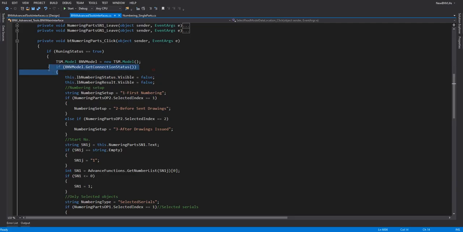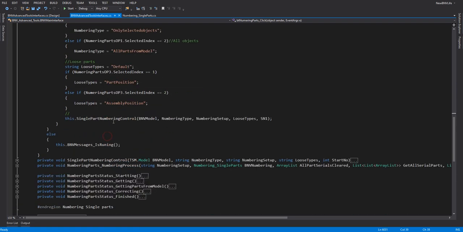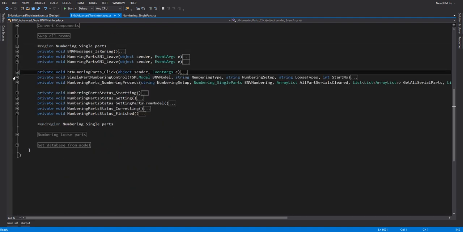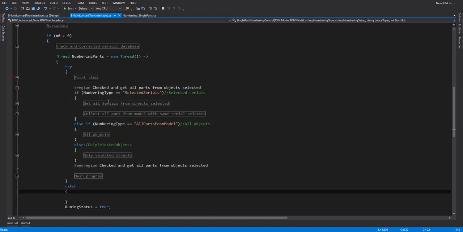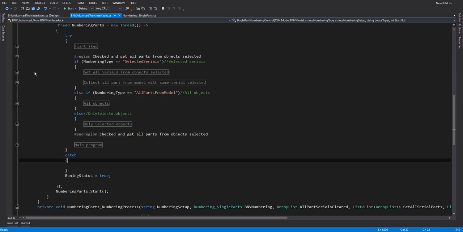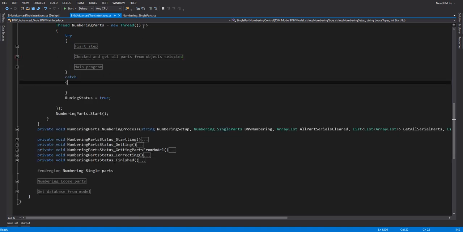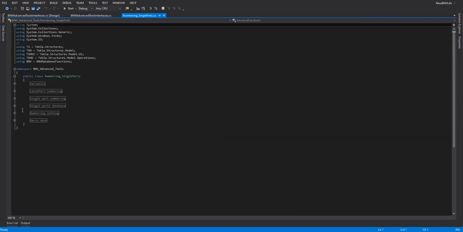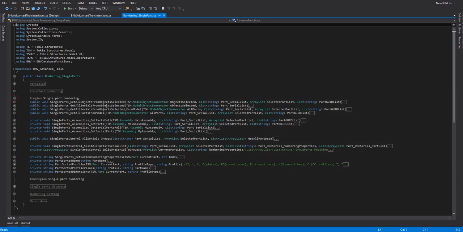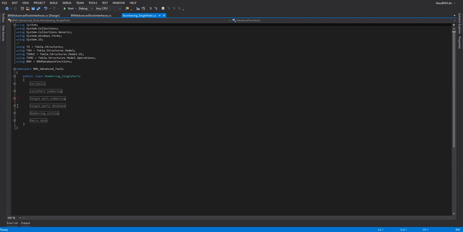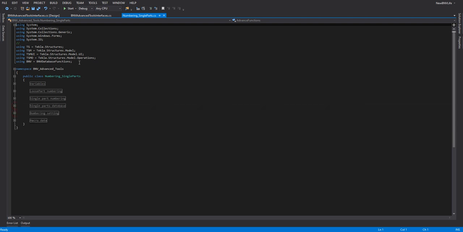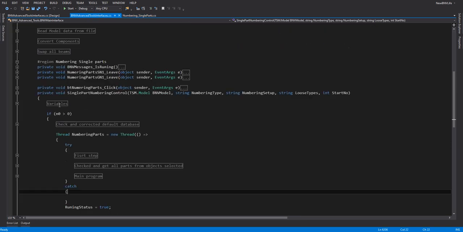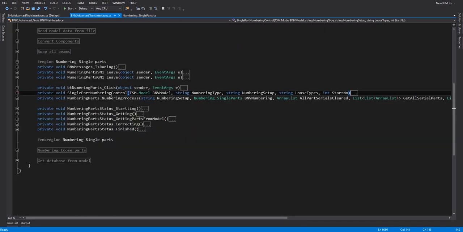With C-Sharp, we check the connection and the settings, and we perform the numbering for all the objects. We get all the objects in the model depending on your option, and you control them one by one. You make a new class to control all the single bar numbering for all the objects you get, sort the data, assign numbering, and make the macro for numbering. That depends on your idea and you can arrange it to suit your request more and more.